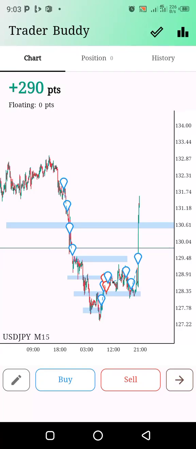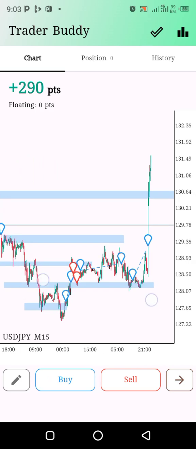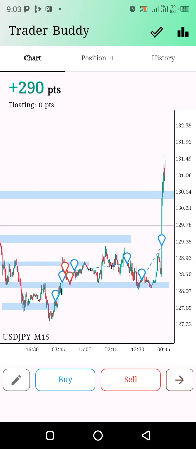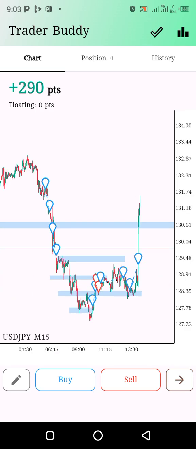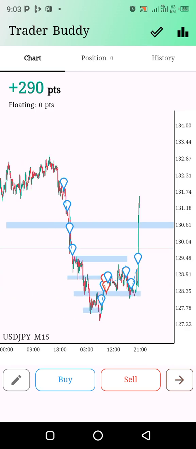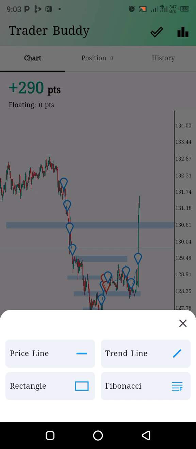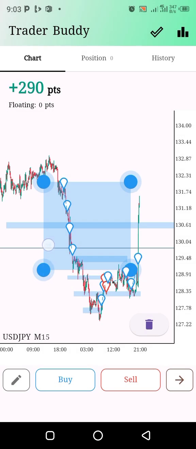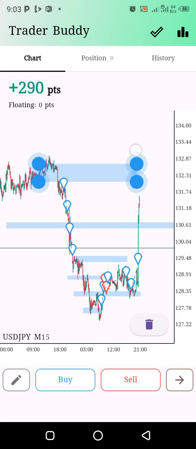So guys, I'm going to just be trading. This is called trader, but it's just a normal kind of backtesting software, right? So yeah,